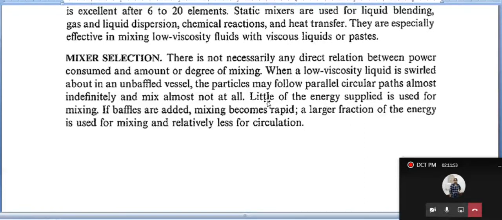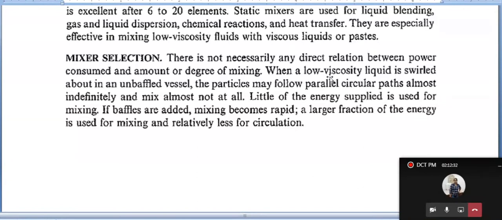I will repeat once again. When a low viscous liquid is swirled, very good. What is a low viscous liquid? For example, a liquid whose viscosity is less. We take the case of water. Now, when water is swirled about in an unbaffled vessel, obviously, because why do we keep baffles? We keep baffles only for the purpose of suppressing circulatory currents. And if the circulatory currents are more, the concept of swirling will come into the picture. In the case of water, if you are not keeping a baffle, definitely all the liquid will be moving in a circulatory field, and will experience a swirling action.